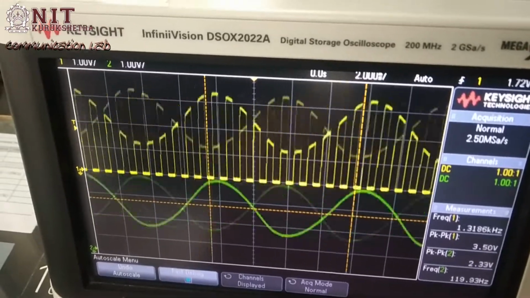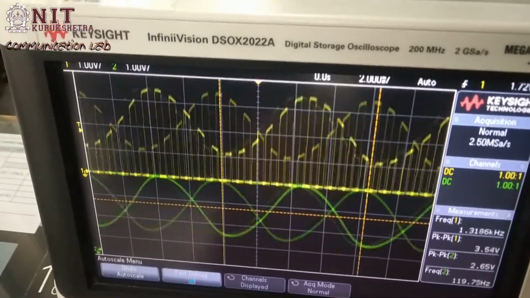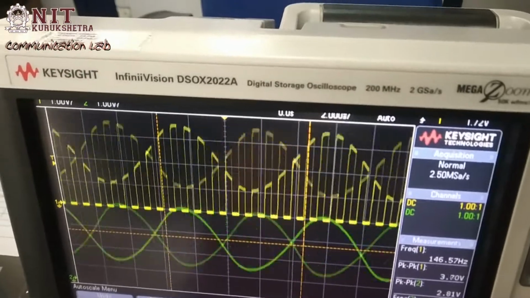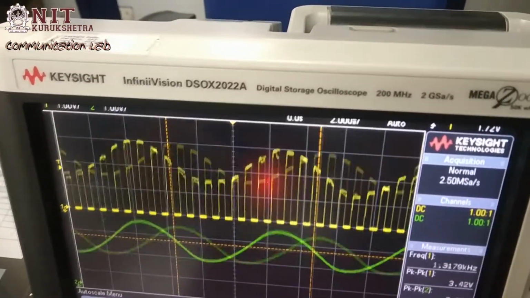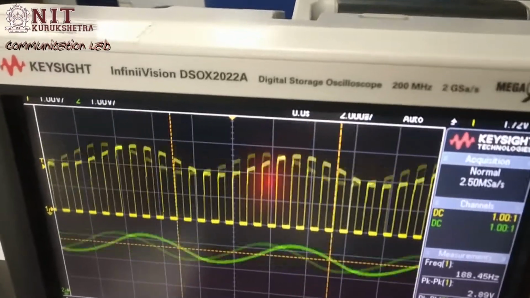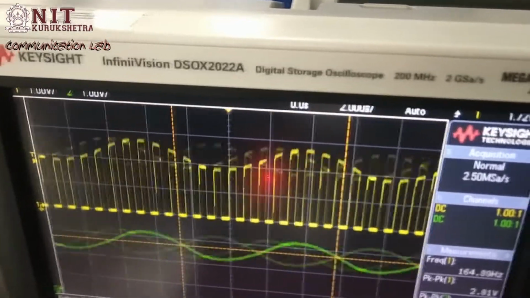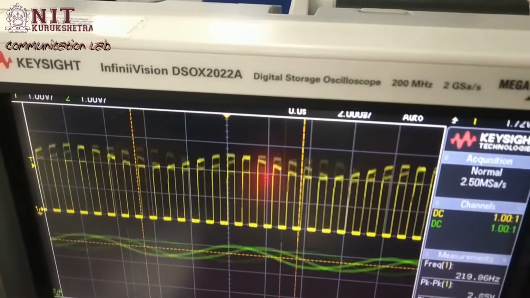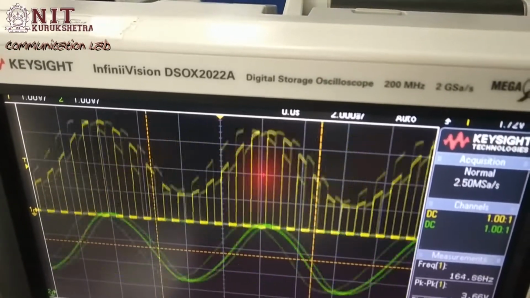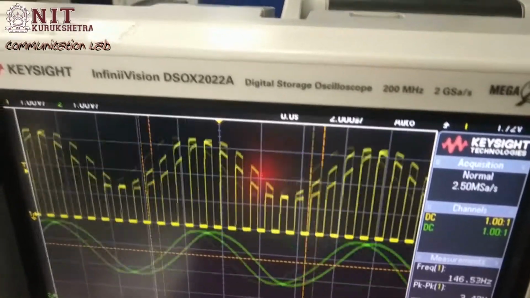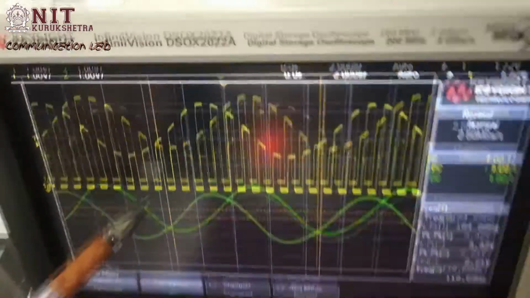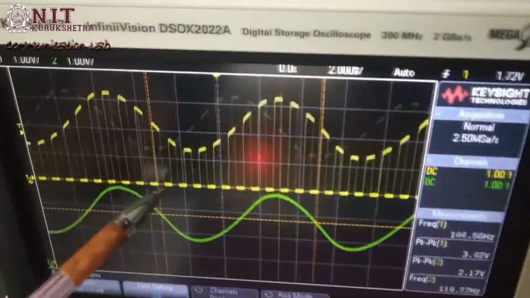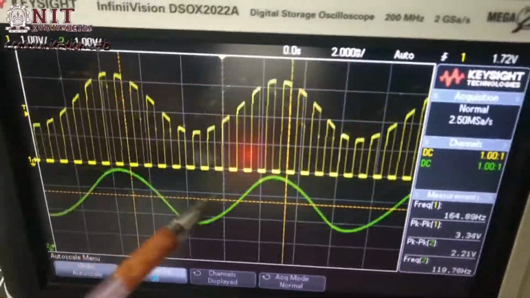As we vary the input signal, we can see the variation in the modulated waveform. So this is the modulated output of the signals which we have applied.